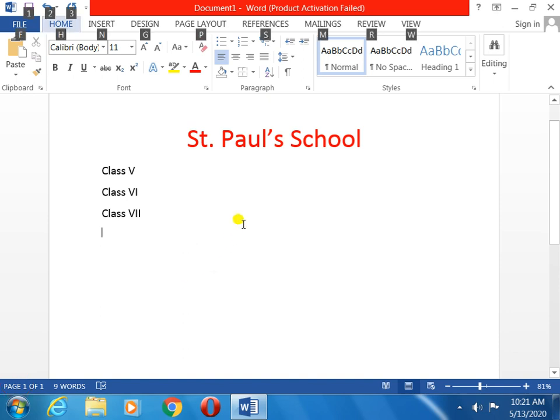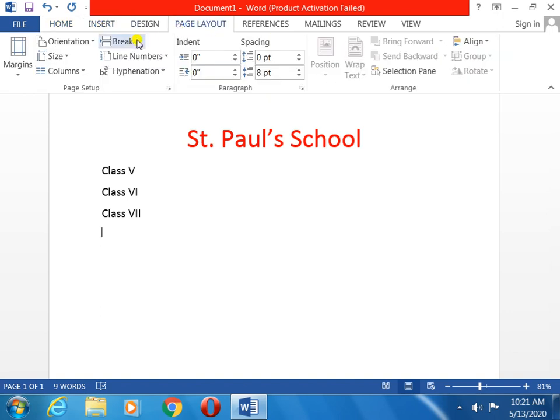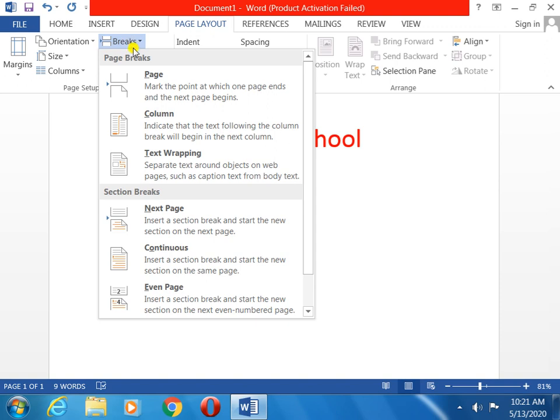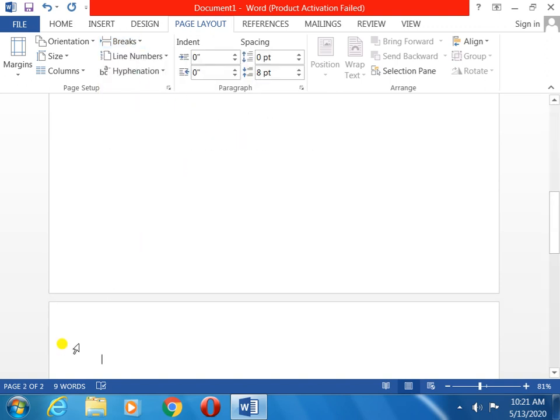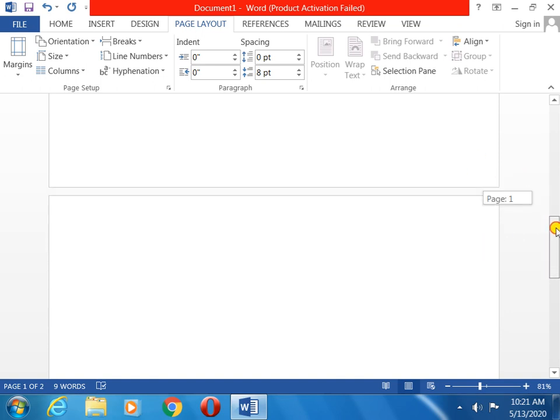Now I will create another page. So how to create the page? We go to the page layout tab, you know that. Then the break option, this is the break option to create another page. Now see the second page. Here you can see page 2, and that was page 1. Now I came to page number 2.